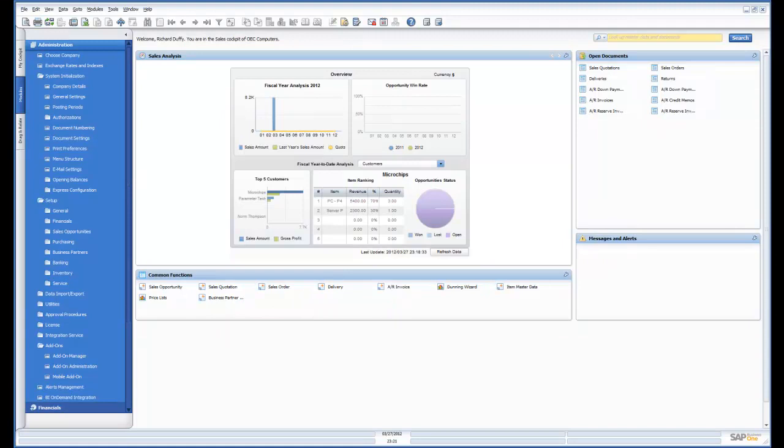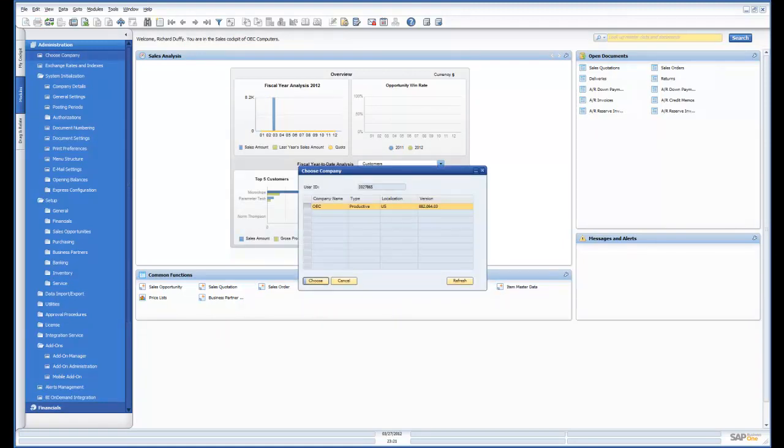And through our single sign-on, we are also in a situation where you only see the companies that you have access to. So I might be multi-tenanted with 10, 15, 20 other organizations on this same service unit in the data center, but I only see my company database, and I can see the current